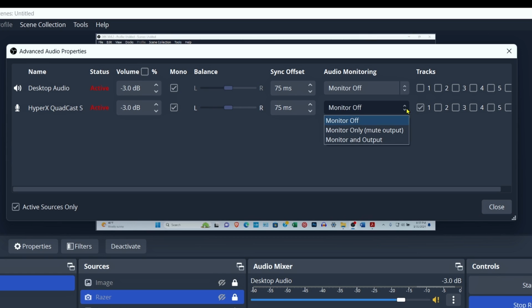This is monitoring, that's if you have a headphone jack in your microphone. You can plug your headphones into the mic, and then you can listen to yourself while you are recording. I don't like that because it has a little bit of a delay. But again, that's up to you if you want to be able to hear yourself through the audio output